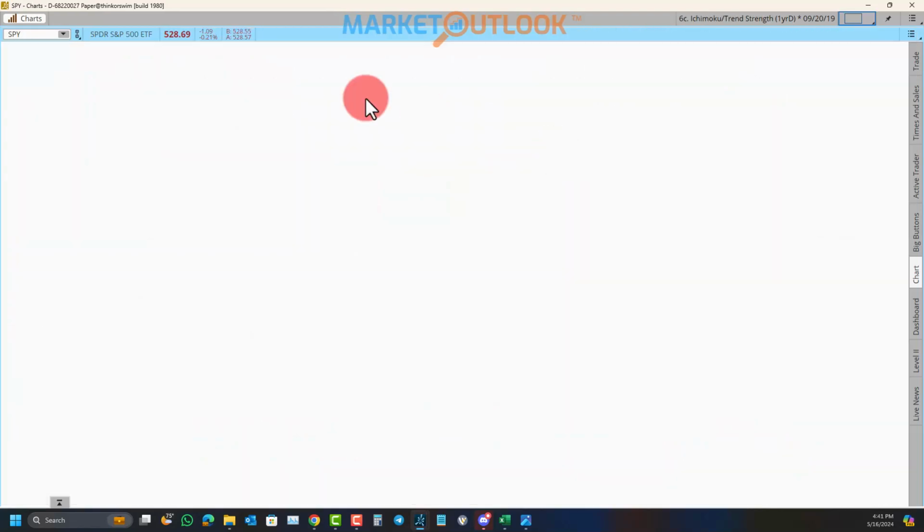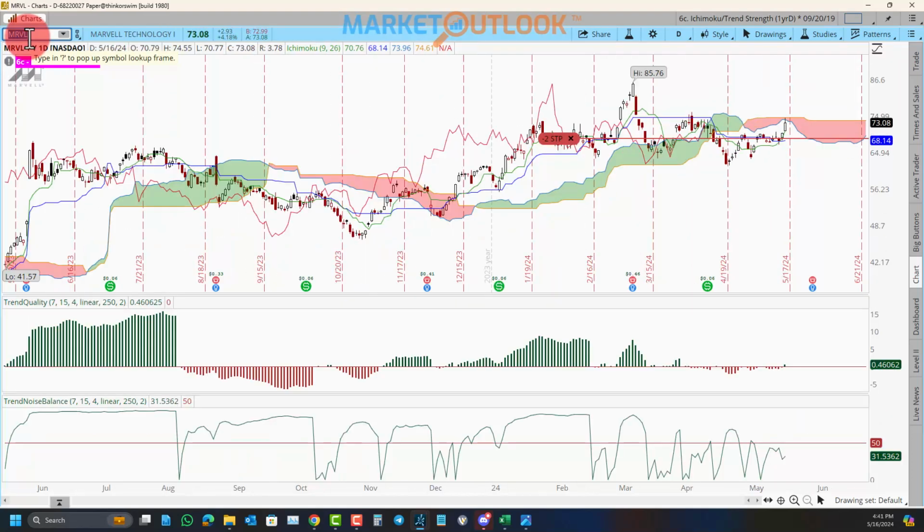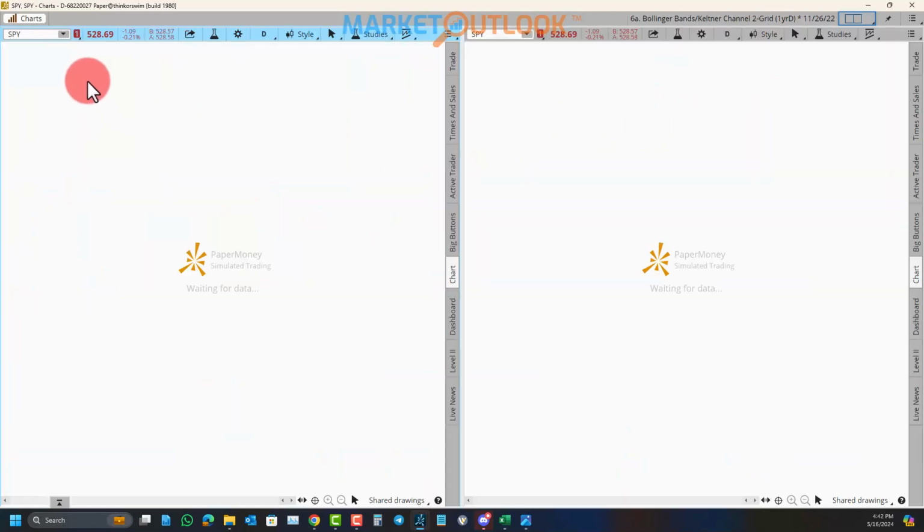Looking at the Ichimoku cloud and the trend strength indicators, you'll see that we don't even have a weak bullish trend developed yet. We're still slightly below the cloud, but we're definitely moving in the right direction. Rate of change is positive. The red line's crossed up above that close from 26 days ago. So we have a positive rate of change now. And the green line is crossed through the blue line with the price above both of them. So that's good. And then finally looking at the Bollinger Bands and the Keltner channels,